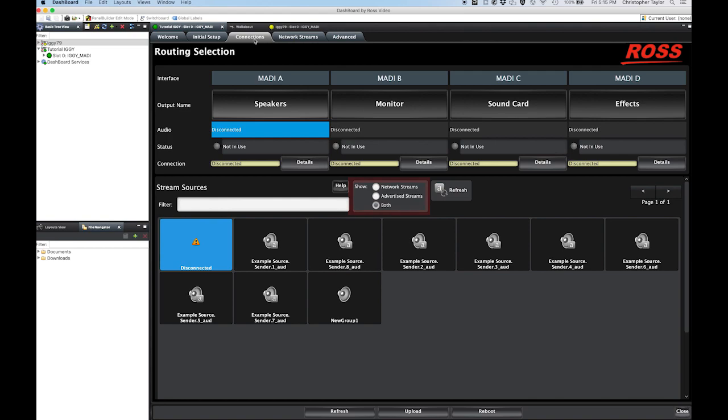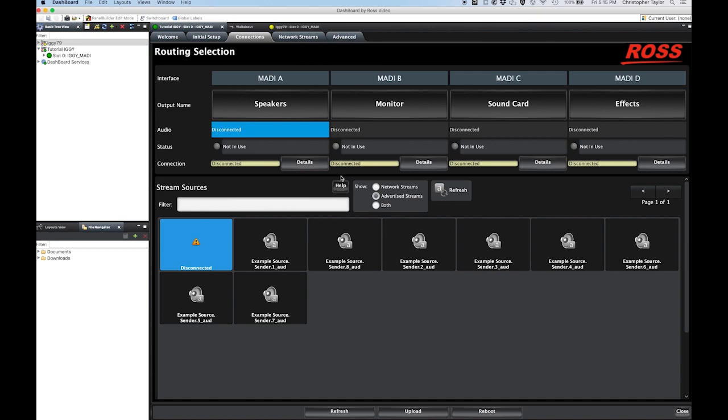The filter is currently set to both, so we would see all advertised streams as well as any configured network stream groups. We can click the Advertised Streams filter option so we only see advertised streams. If there are advertised audio streams on your network, you will see them here and can make a receiver connection now. That is, start receiving audio IP data from the network and send it out on the MADI interface.